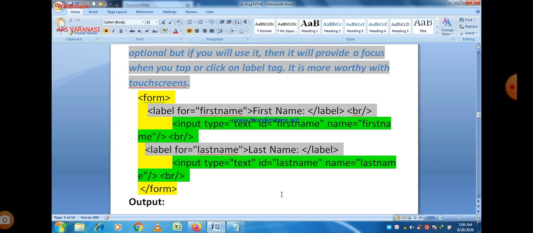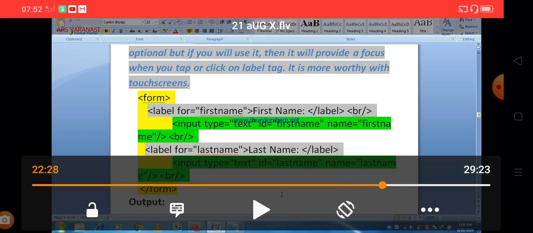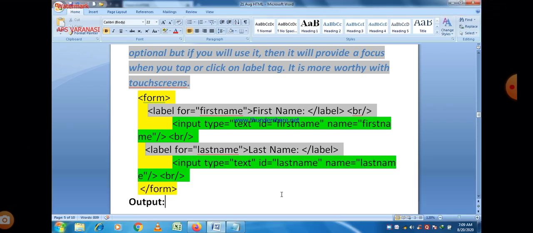Okay, so you can easily see here there are two text lines. First one is name as first name, and second one is name as last name. One thing should be remembered, that name is equal to first name and name is equal to last name is also given, which is also optional.